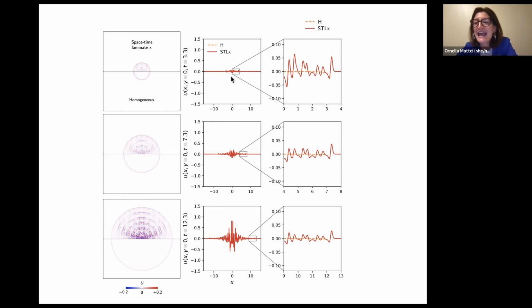And what you see is something similar to what happens when you look at time modulation only. That is, the amplitude of the wave will increase in the wake, in the scattered waves. And that's due to the fact that we're sending in a pulse that is symmetric in X and Y in a geometry that is not. So we need to change our design a little.